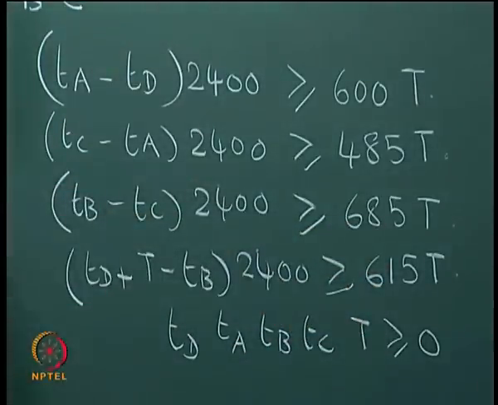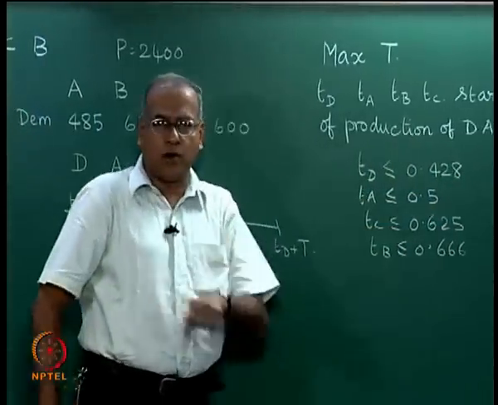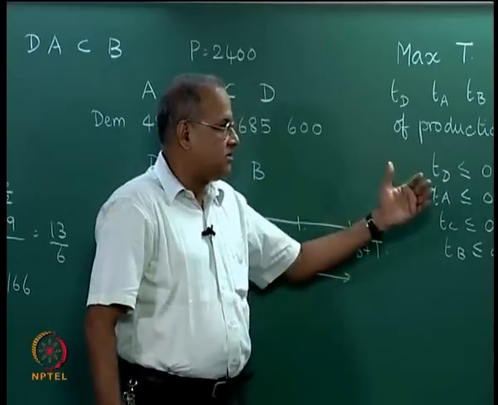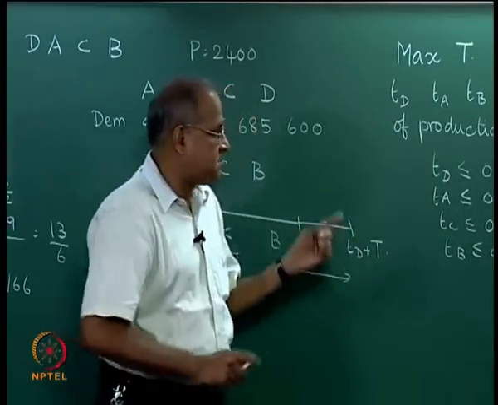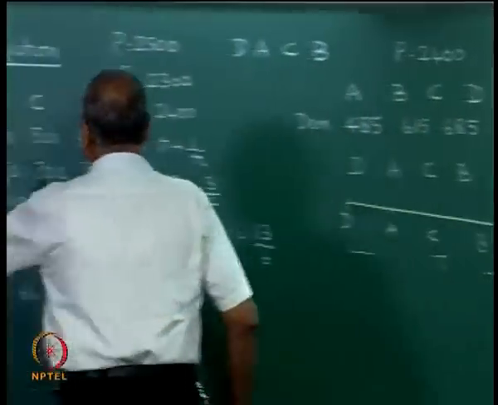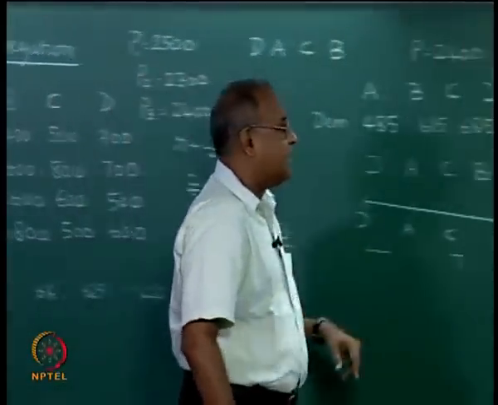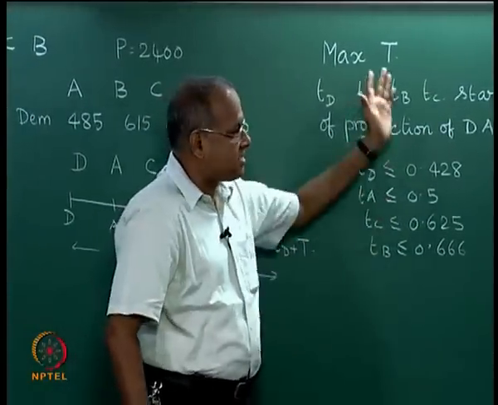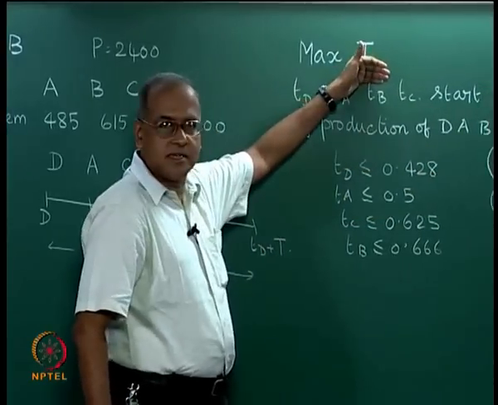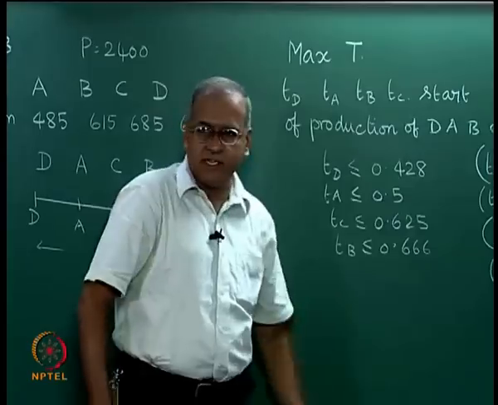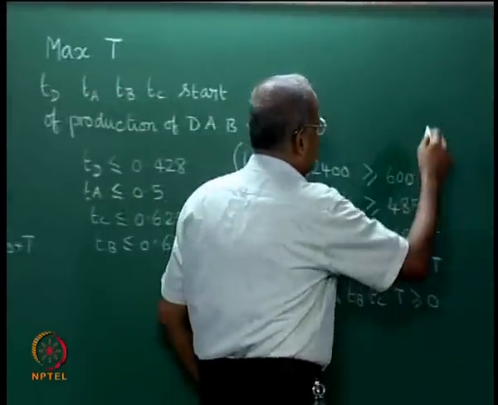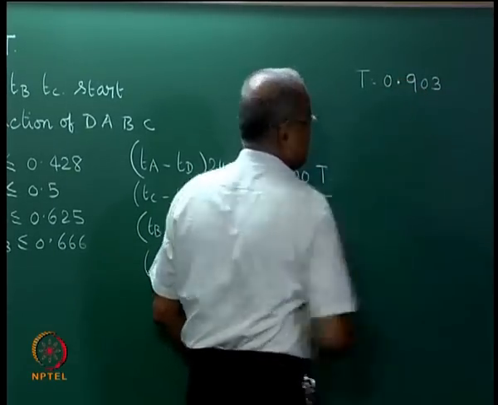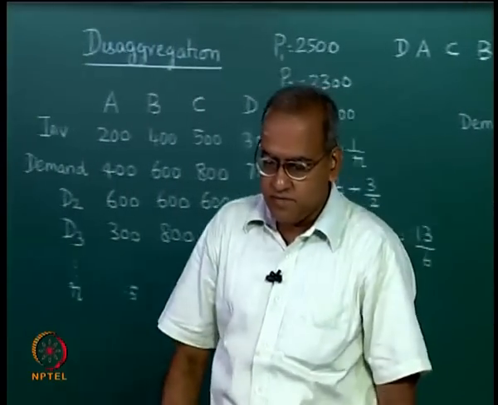We will follow model 1, we will not follow model 2, we will not follow the transient model, we will use the steady state model, which means we also will not try and adjust these inventories or in turn adjust the RJs and have a transient model. We will not do that, we will follow a steady state model. So, we try to maximize the capital T. So, when we solve this linear programming problem, we would get T is equal to 0.903 months